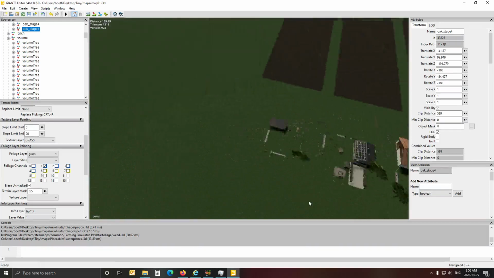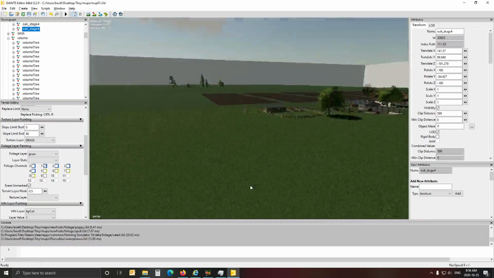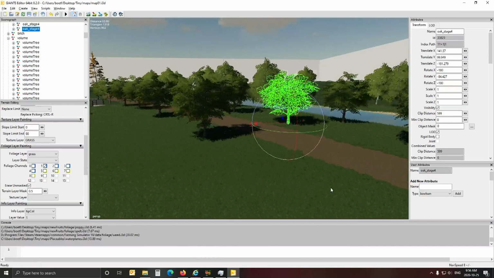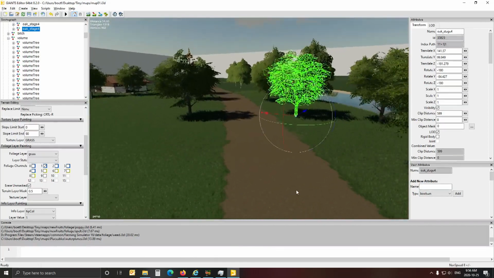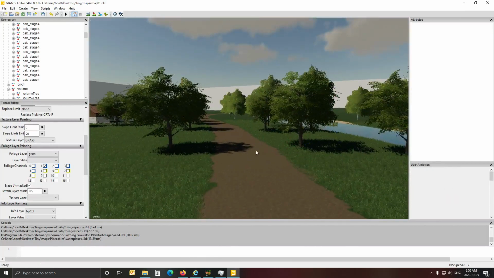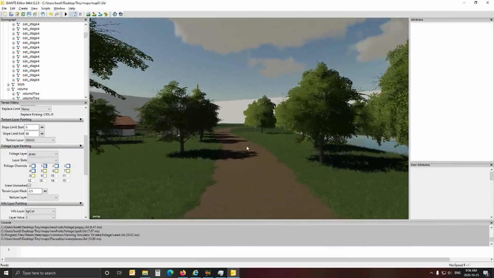Like that. So now when you come a little bit down here, you've got a whole nice lane of trees to drive through